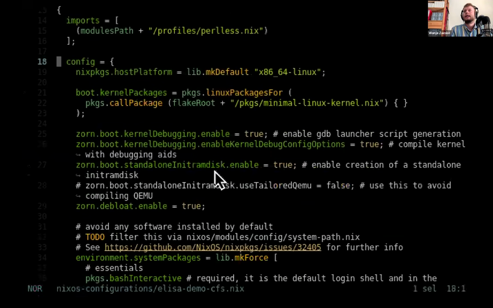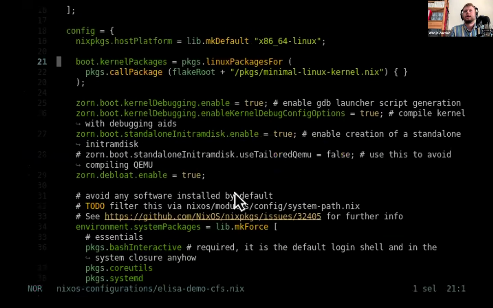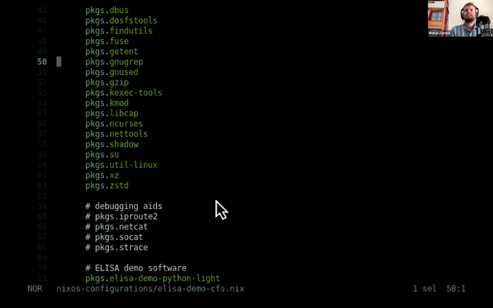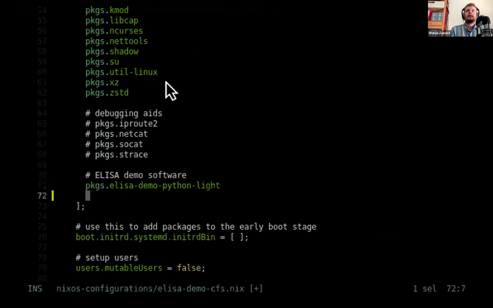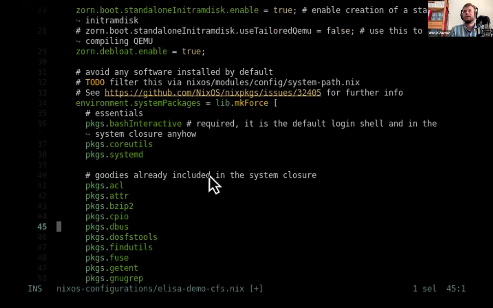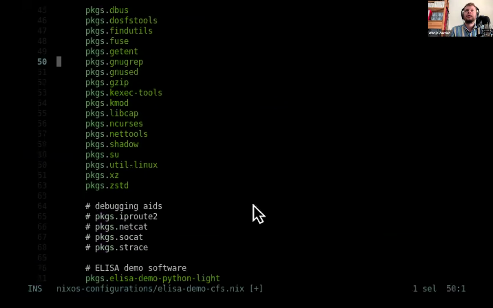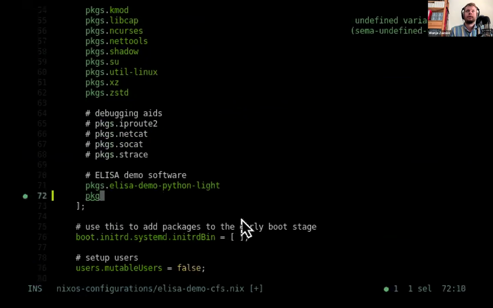This is a NixOS configuration, so this is just a declaration of how a system should be. And in here, we are in the key environment.systemPackages. This is globally installed packages which shall be available in the system that we build from this Nix expression. What we are going to insert here is GDB. So we have GDB.